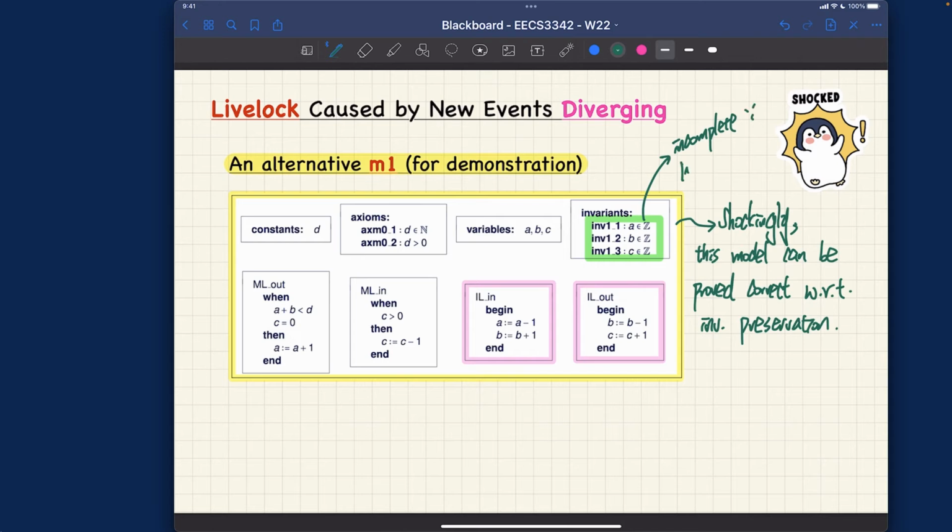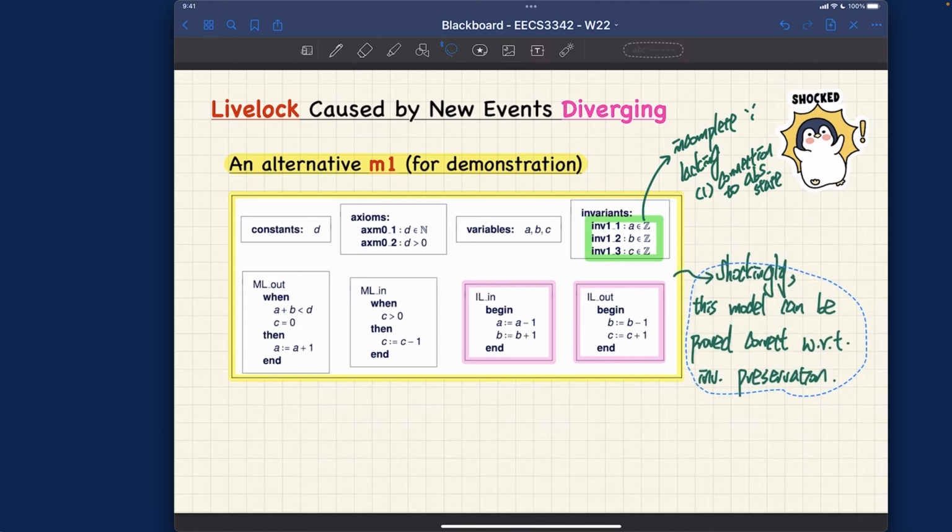Because it is lacking two things. Number one, the connection to abstract states. And number two,